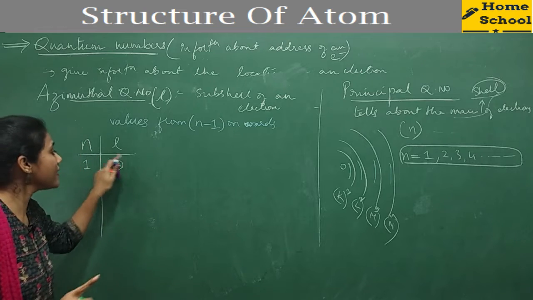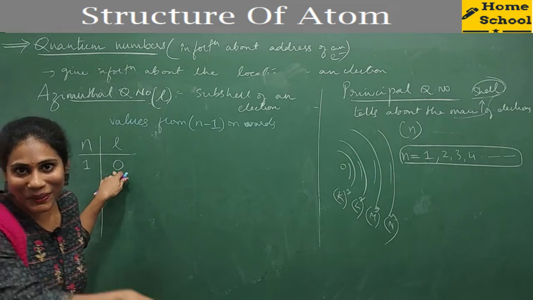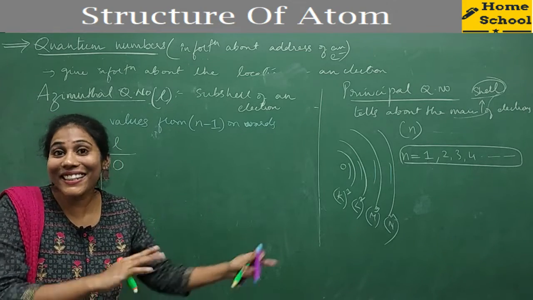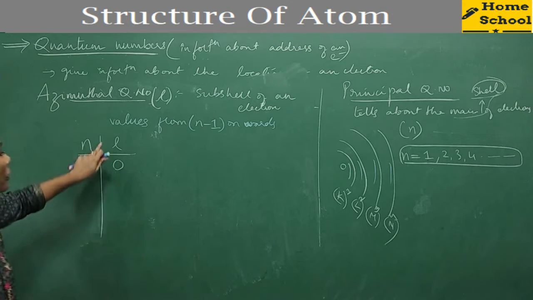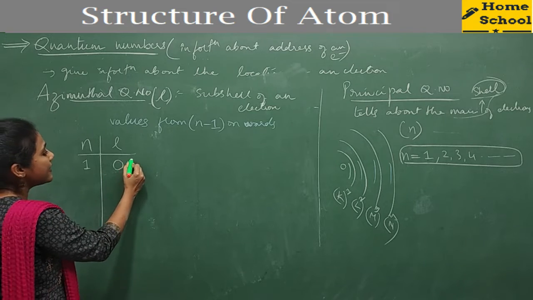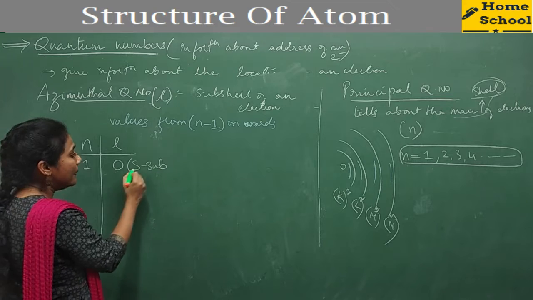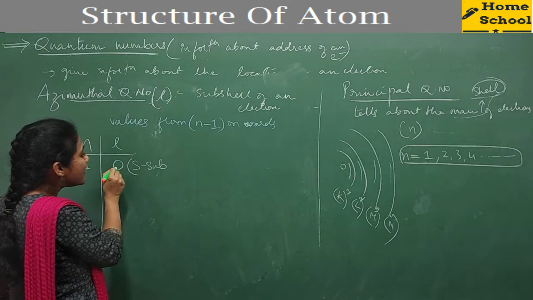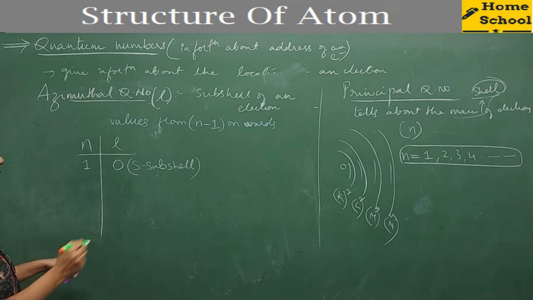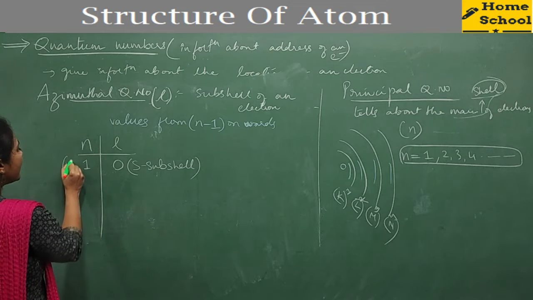And what is the subshell's number? 0. It doesn't mean that there are 0 districts, or 0 subshells. Here district means subshell. So 0 indicates that there is one district. 0 in the sense it is S subshell. For 0, we are giving the name S. We call this 0 as S subshell, guys. And coming to the second state, this is K state.